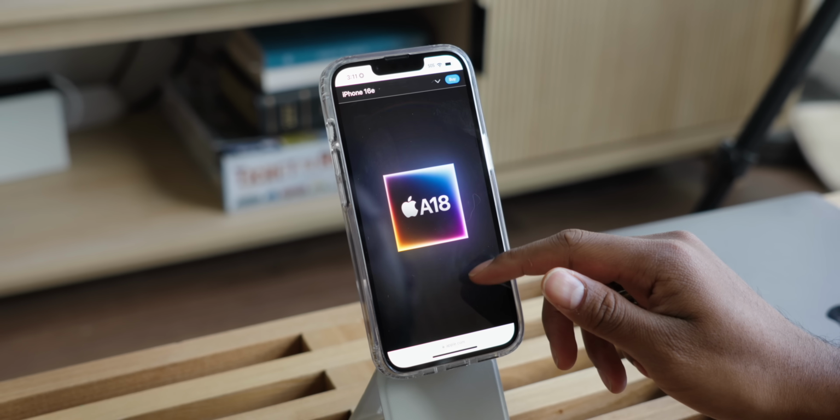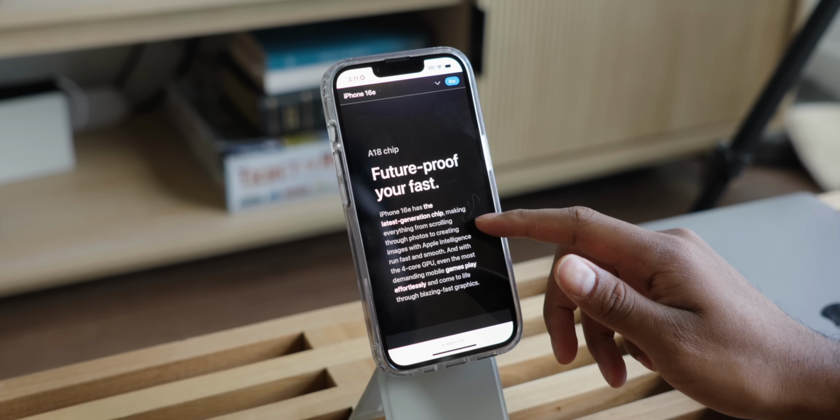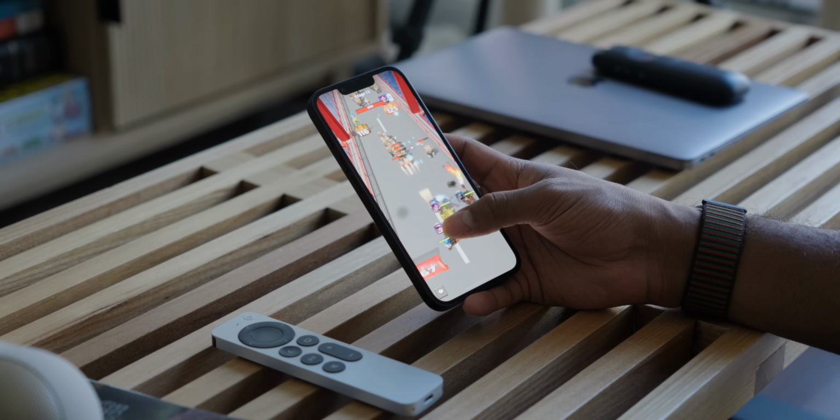When we move beyond the design though, this iPhone has integrated quite easily into my life, sometimes making me question how much people really need the luxuries of a 16 or a 16 Pro. For example, the 16e comes with a very identical A18 chip that is found on the regular iPhone 16, so performance on here isn't an issue. It can run any app I need it to smoothly, and playing games on here is a great time